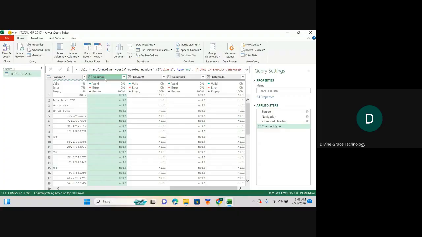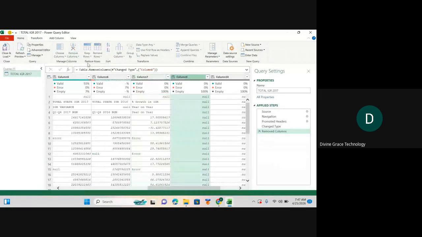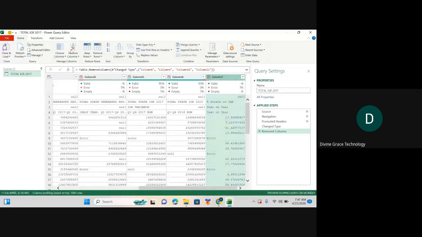You click on each of the columns that has empty cells, null values or true, and you see Remove Column. Here also you see Remove Column. Here also, and here also. Okay, so after removing the columns,